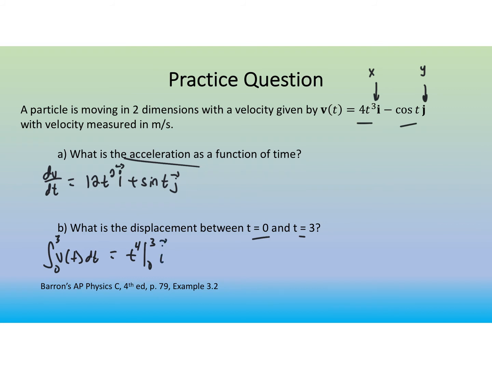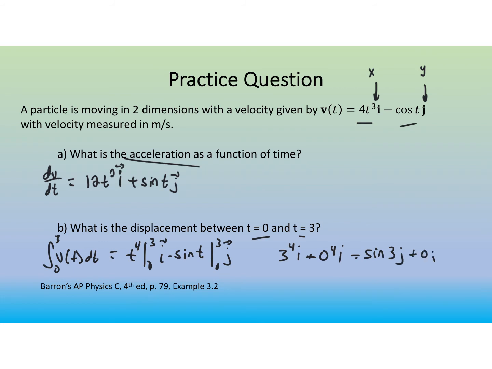And then negative cosine, integrate that is negative sine of t. Integrate that from 0 to 3 for our j direction. So we get 3 to the 4th i minus 0 to the 4th i, and then we have the negative sine of 3 j